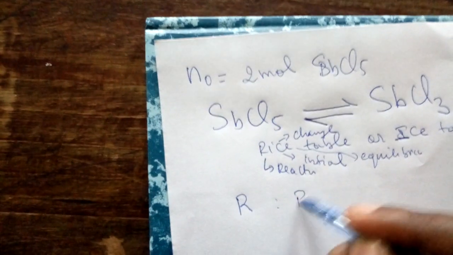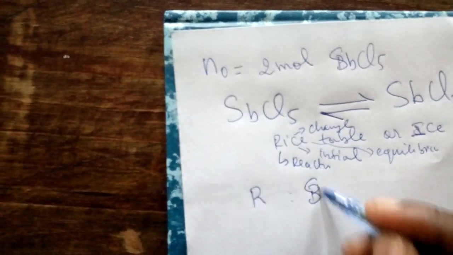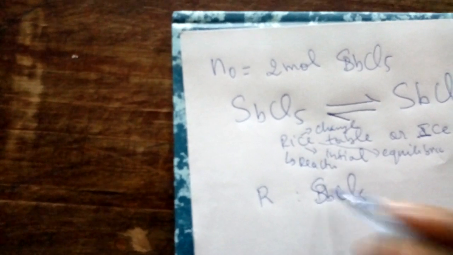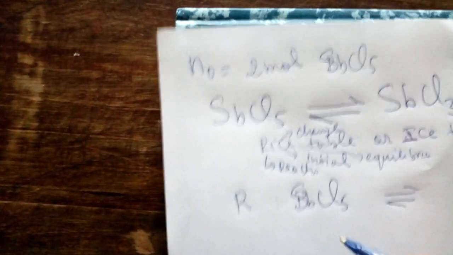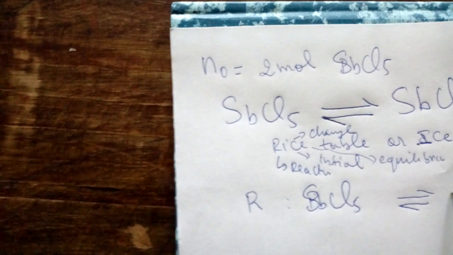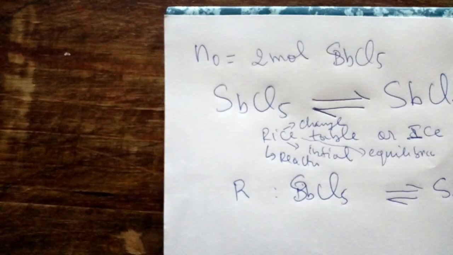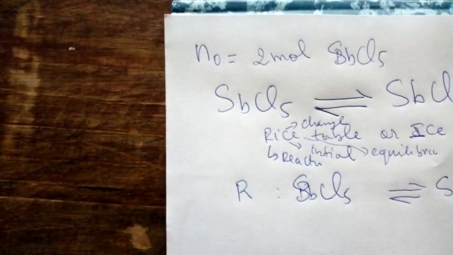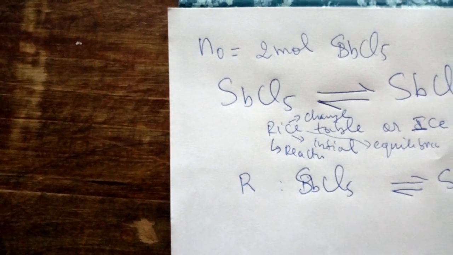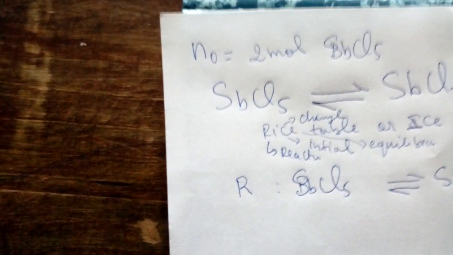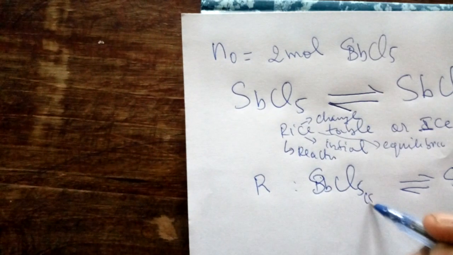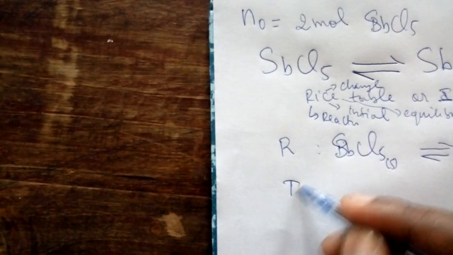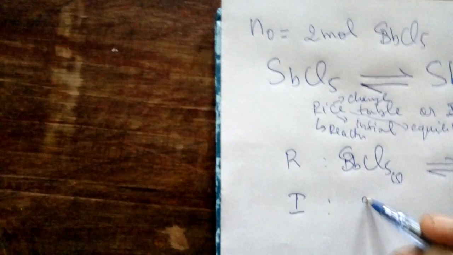The reaction here is antimony pentachloride dissociating to antimony trichloride with chlorine. Then here we have I. For initial we have 2 moles,